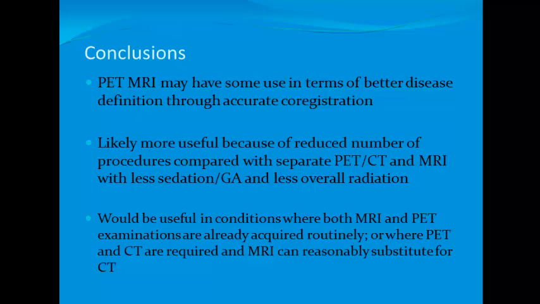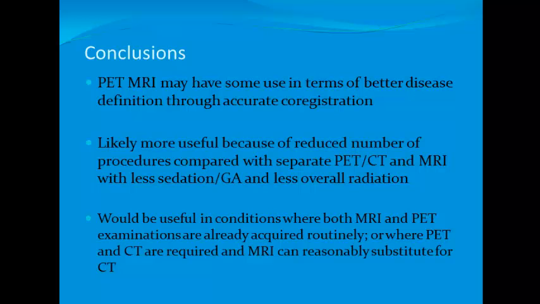Well, we do know that there is some use in terms of better disease definition through accurate co-registration. Is that really what's going to drive this? I mean, you do have a PET scan, PET-CT, let's say, and you do have an MR scan. Do you really have to fuse them? It's likely that, as we know, the real driving force isn't that so much. That might become even more of a driving force in the future, but really it's because of the reduced number